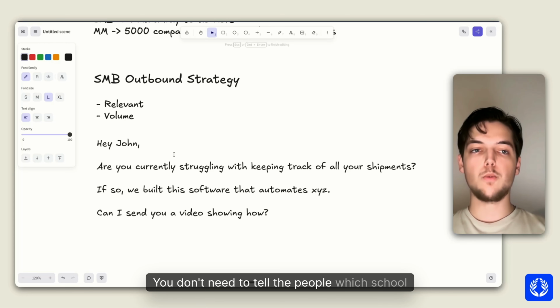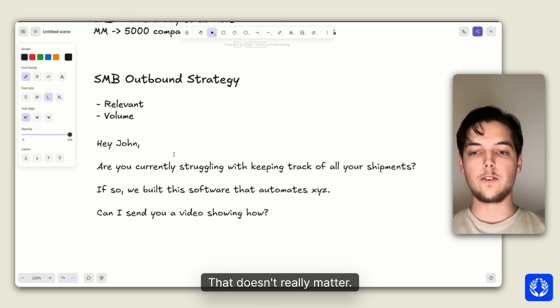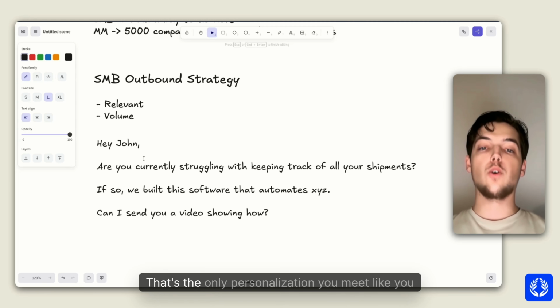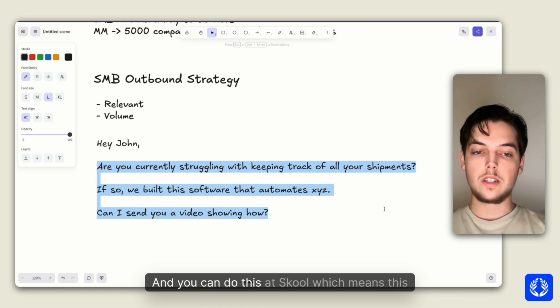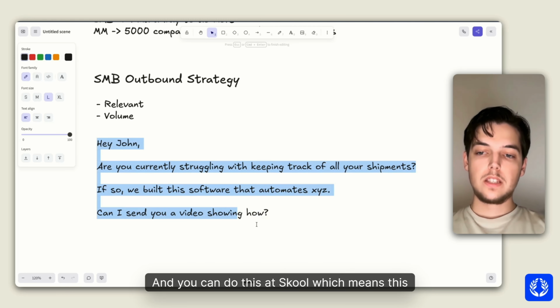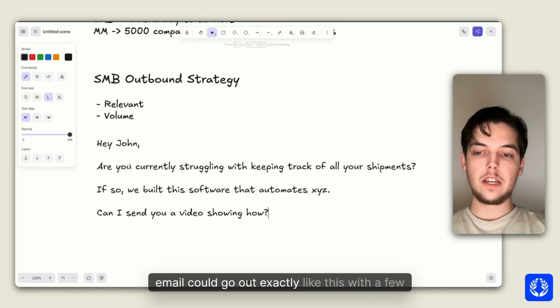You don't need to tell the people which school they went to. That doesn't really matter. What matters is relevance. That's the only personalization you need. And you can do this at scale, which means this email could go out exactly like this with a few